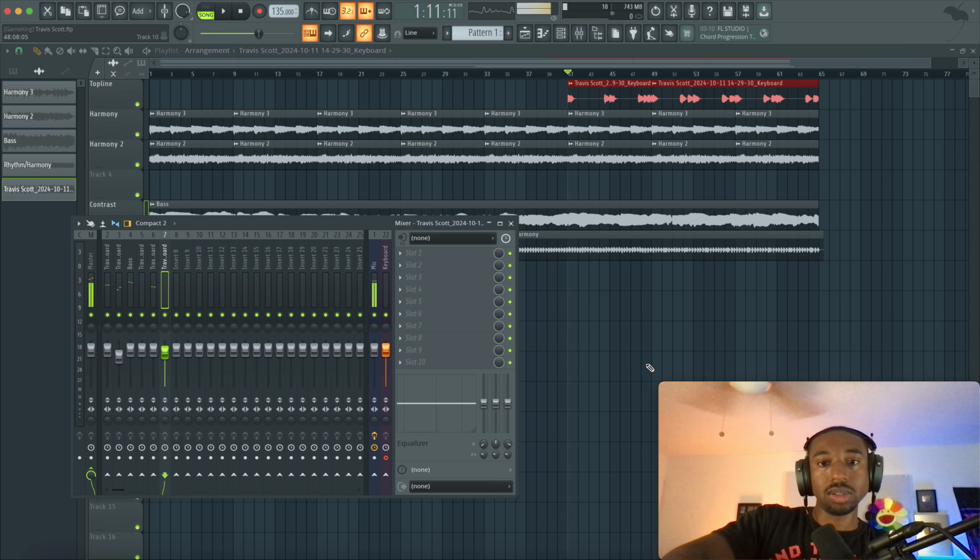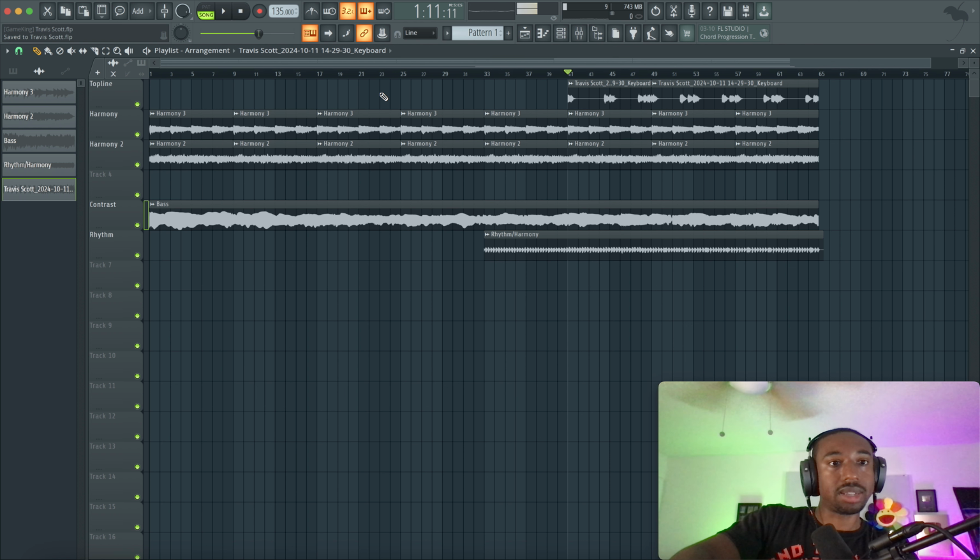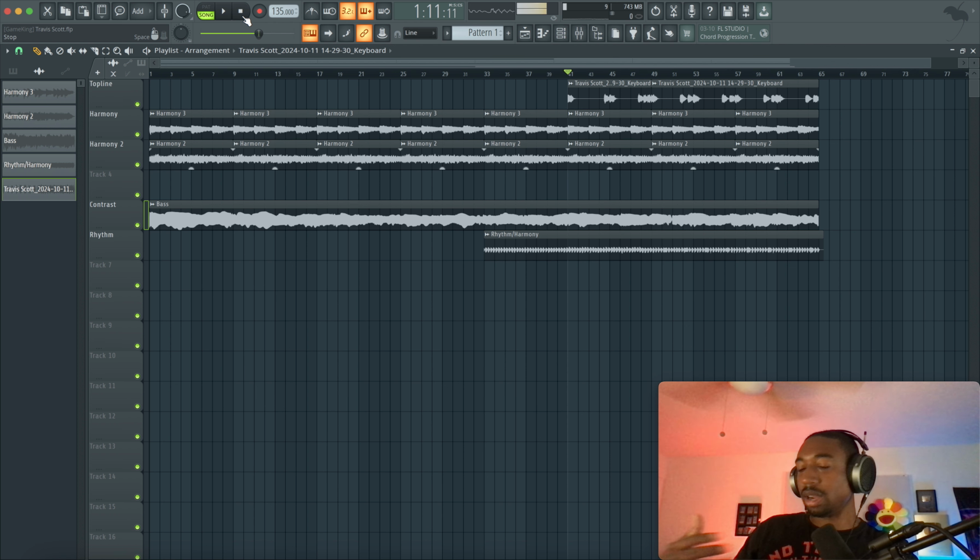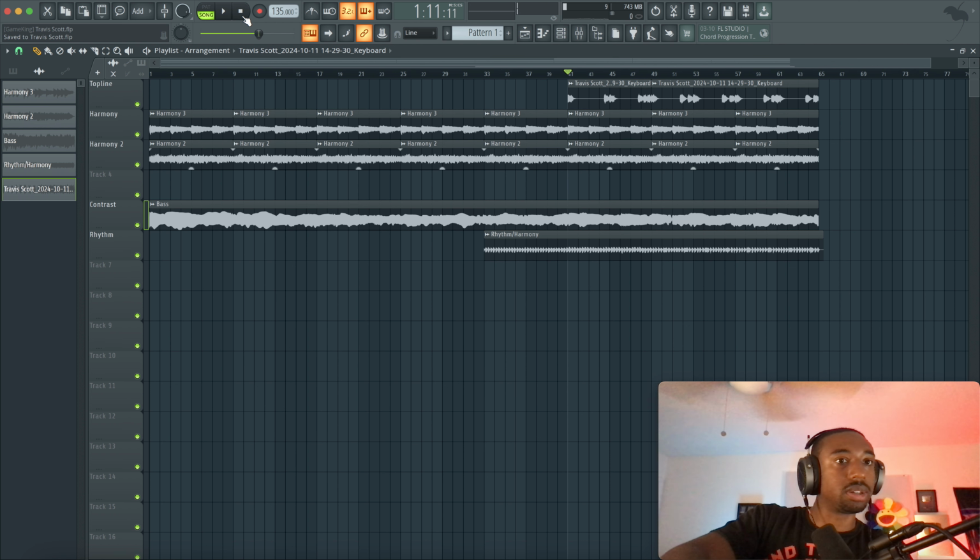So we have a lot of bright sounds with a lot of harmonics and very brassy tones. Now we have rhythm, we have contrast, and we have top line. So now I just need to either find a higher pitch sound to go over top of this track, or we could just end the melody here. I think we need to potentially end it, but let's try to find one more top line sound. In my style, I like to create 2 top line sounds to create different sections or feels.